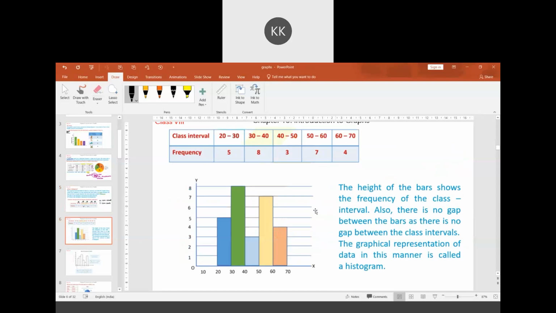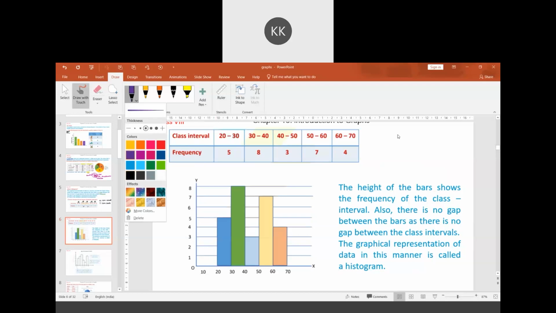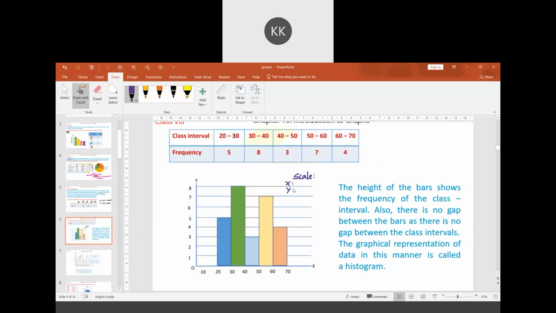Suppose the graph is drawn, it would look like this. On this graph, it's also important to mention the scale. Somewhere here on the graph, you have to mention the scale for both the x and y axes. On the x-axis, we have taken 1 centimeter to be 10 units. On the y-axis, we have taken 1 centimeter to be 1 unit. Here you can observe